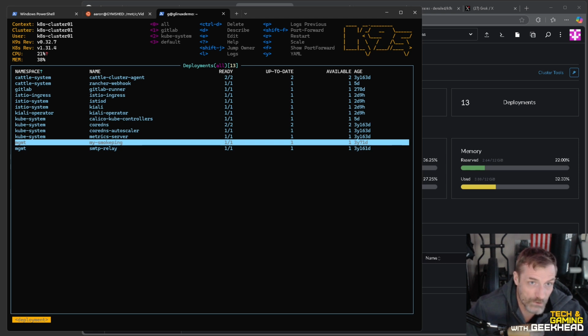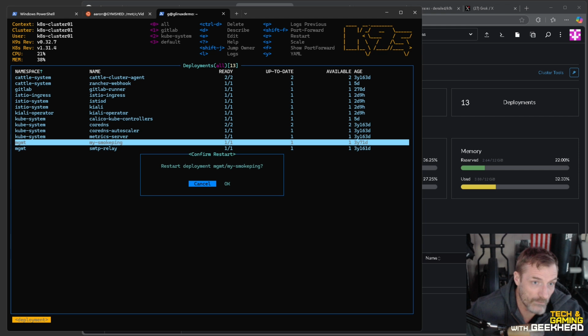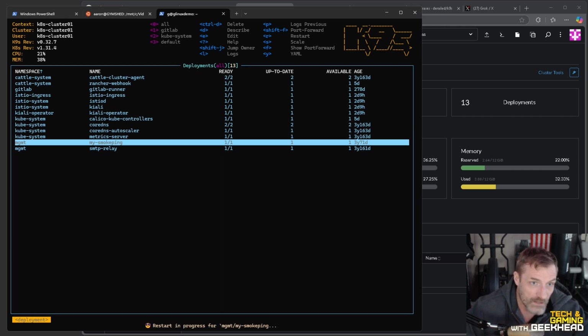The other thing I wanted to show you was that if there's an issue with something and you need to do a rolling restart, meaning restart a pod, like restart the deployment, but you do it by bringing up a new pod to then terminate the old pod. So the new pod comes up, hits a running state, and then they terminate the old one, and all the traffic now goes to the new pod. So if I were to hit R on this and I say want to restart, and I'd say yes,